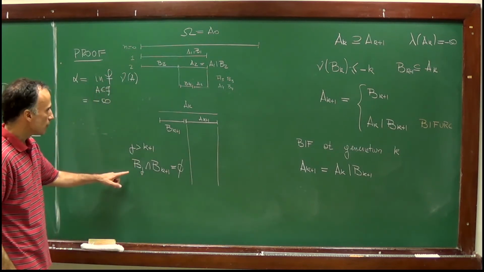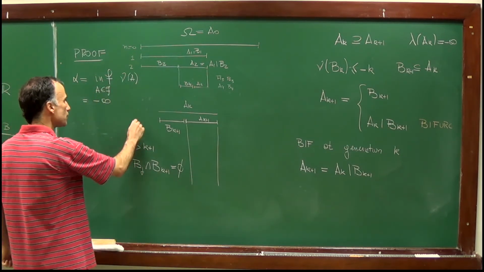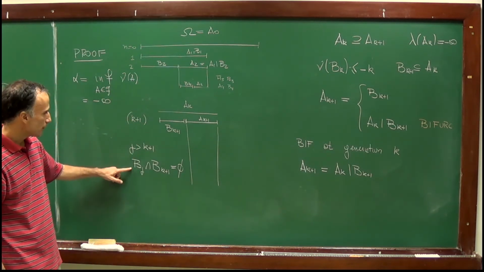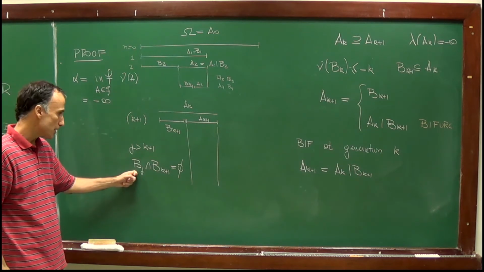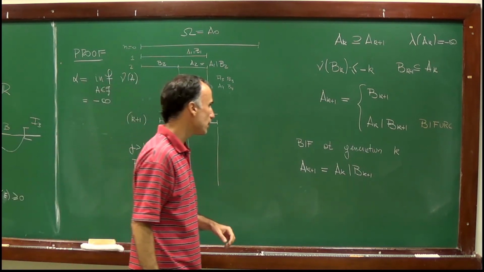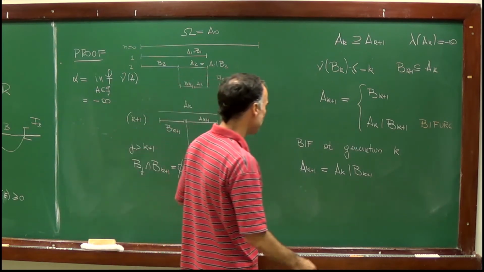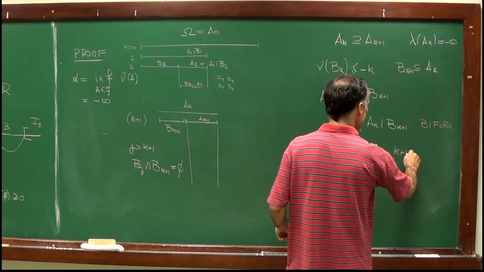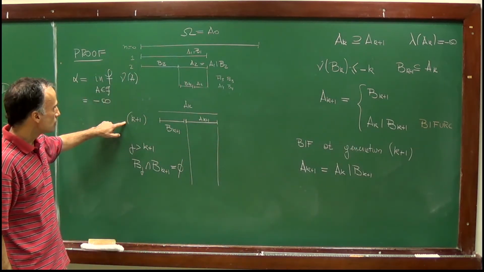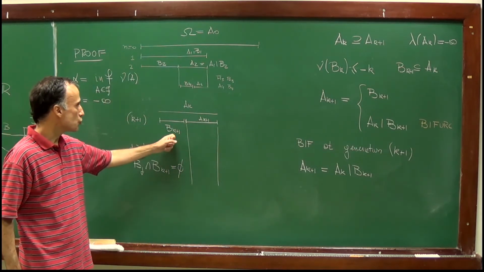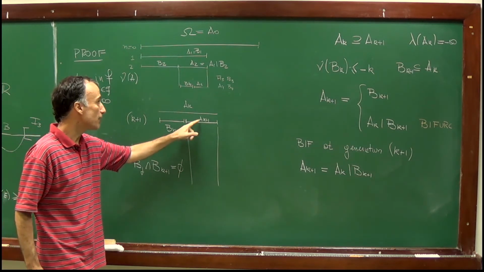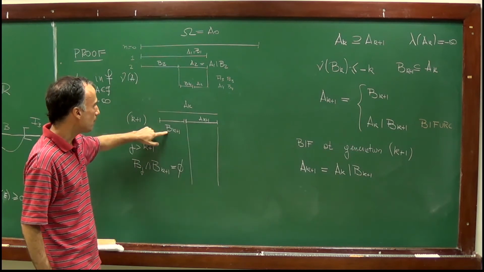Okay. So I want to show that if I have a bifurcation at what I'm calling generation k+1, all the next sets B_j have no intersection with B_{k+1}. So this is what I want. So this is a bifurcation at what I'm calling generation k+1. Right? So at generation k+1 I decided to choose, instead of B_{k+1}, I defined A_{k+1} as A_k minus B_{k+1}.